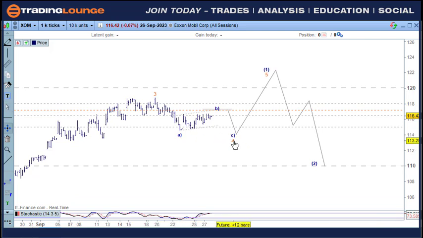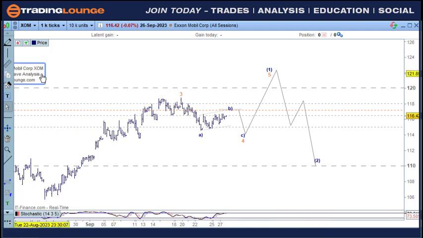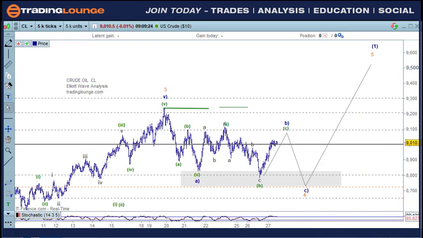I'll know that shortly, and then up for wave 5 for 1, and pull back for 2, and then continuing to the upside. So really the trade's over here, but we'll see what we can do with not so much this particular market, but we're looking at